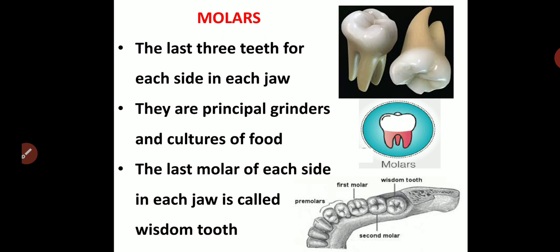And these, the last molars, are called the wisdom tooth. Why are they called the wisdom tooth? Because they arise quite late when the individual is in the early 20s, that is, we say already mature. That is why it is called the wisdom tooth. Each upper molar has 3 roots, while the lower one has only 2 roots. So here there is a difference between the molars and the premolars, the number of roots present. Okay.